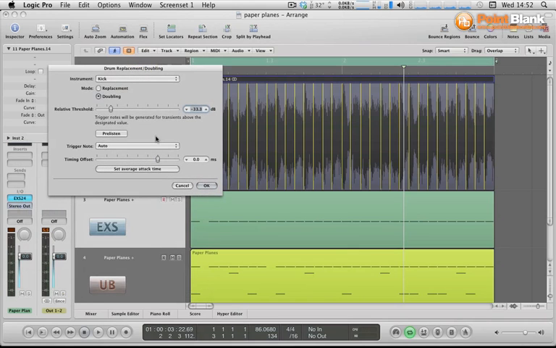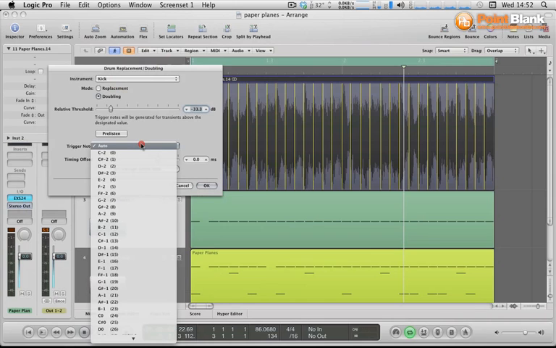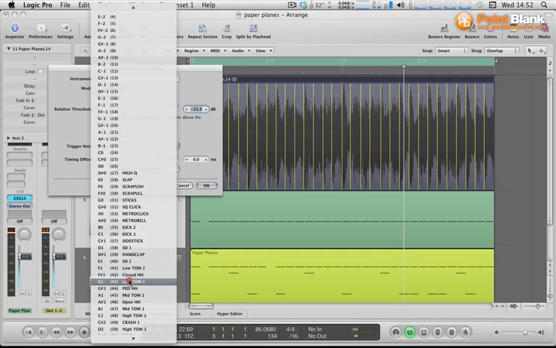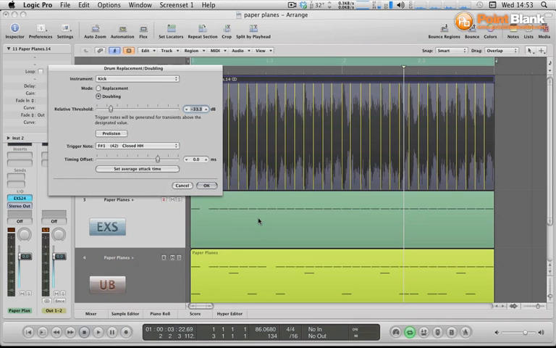And the next thing down is the trigger note. So we want to select which note we're going to be triggering in this MIDI region. So you can actually scroll down and you'll see that we can see all the General MIDI mapped notes. So we've got the kick, the side stick, the snare, and so on. So I'm going to actually select in this instance the closed hat. So I know in this audio file that there's a lot of closed hats. This is just going to save me time copying those MIDI notes over to the closed hat note when I'm trying to find the right sounds in my drum track. Then you just OK it,